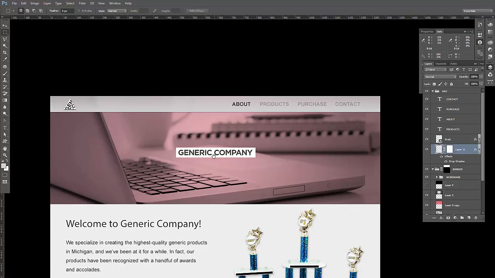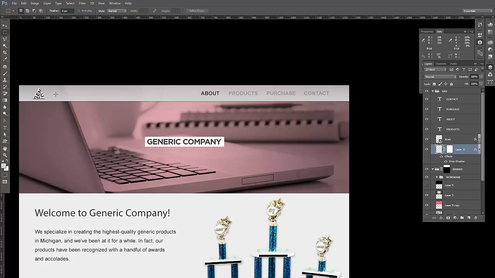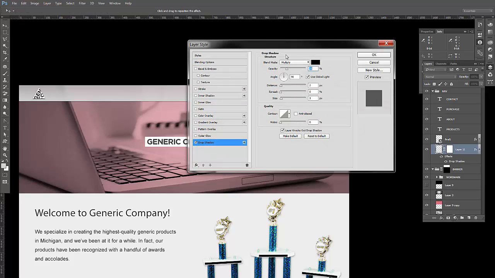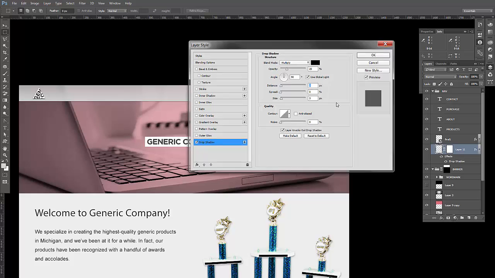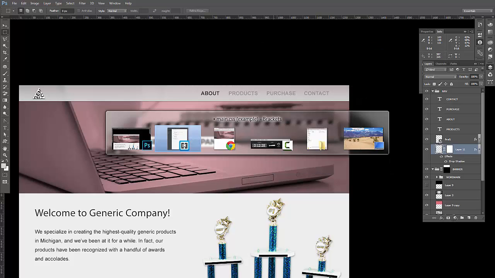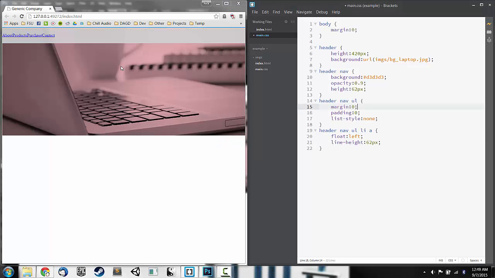Okay, one thing I just noticed is that this nav bar actually has a drop shadow too. So if we look right here, the drop shadow has an opacity of 25% and has a size of 3, a distance of 2, going straight down. So let's see if we can replicate that. So this nav bar is this element right here. We're going to say box-shadow,